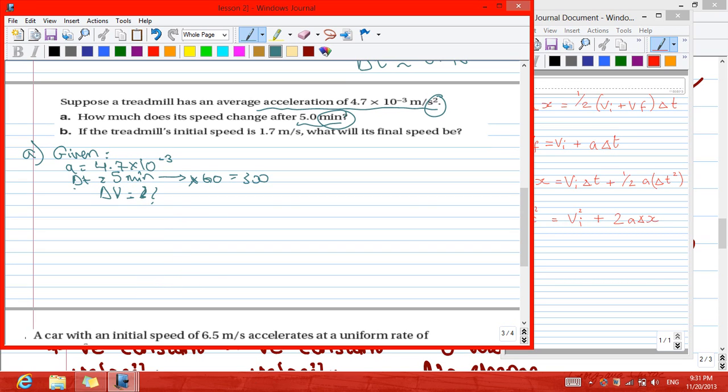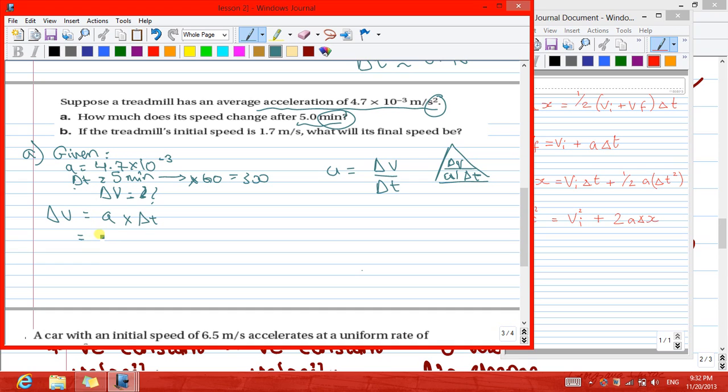Now to find it, we can use the acceleration formula, which equals delta V over delta T. We can use again here the triangle to make it easier. So you have here A, which is delta V over delta T. Now delta V, so delta V equals A times delta T,